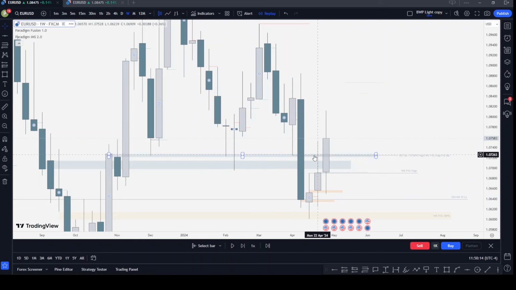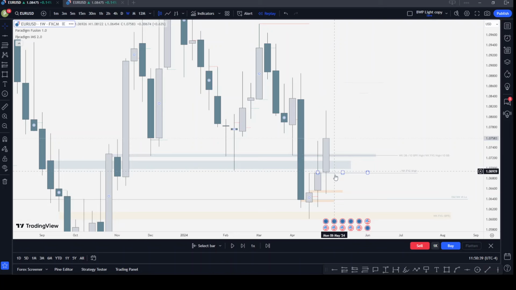There was a change in state of this one, and of this one, and for this one, this is the first formation of this new week opening gap, and there had never been a return into it. So at the start of the week you would anticipate a return into this new week opening gap,